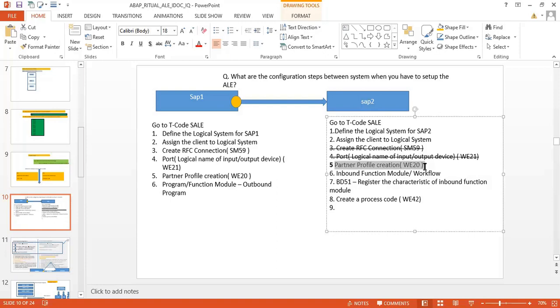Okay. So this is the complete step you have. One more step you have to follow is to make sure that for a specific message type only, your inbound function module is going to get triggered or the workflow is going to trigger. For that purpose, you can do the configuration with a transaction. So the transaction for that is